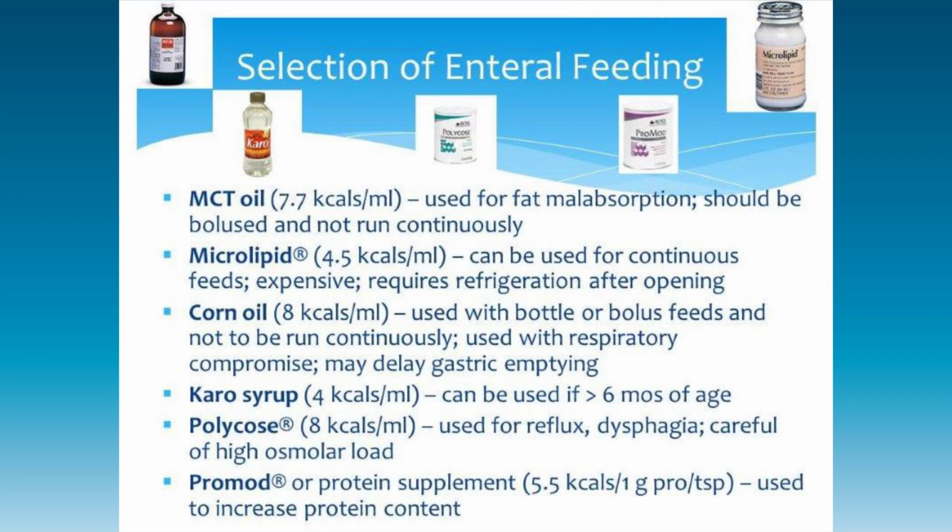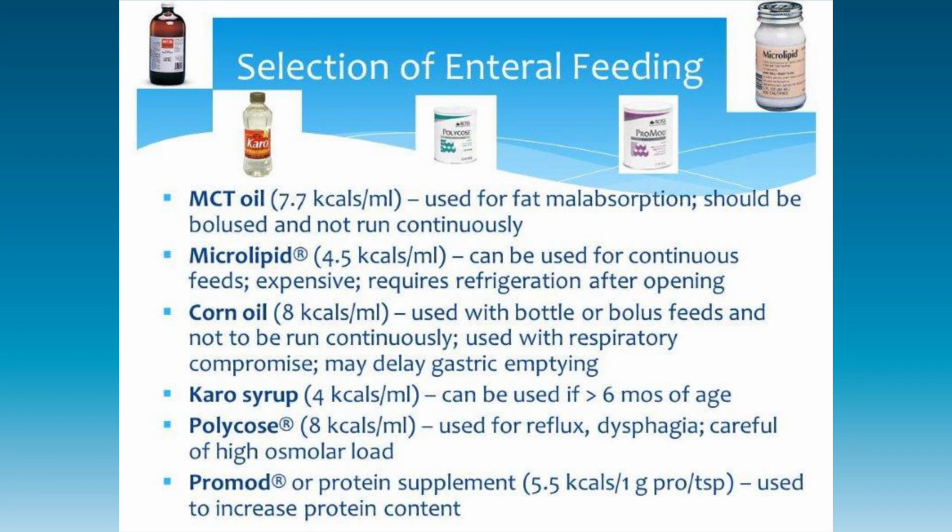So the first three are different fat additives. Just keep in mind, though, when you're adding these things, whether fat, carbohydrate, or protein, you're changing the whole distribution of nutrients, okay? So you need to really think about that infant and what's going on with them. Let's say they have renal failure. Well, we're not going to give them more protein as their additive. We're probably going to do a fat or carbohydrate. So you've got to think about what's going on because you're changing that whole nutrient distribution, right? And you could give them one of these or two of these or three of these to keep that nutrient distribution more in balance. So the MCT oil